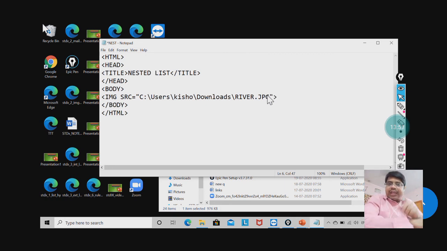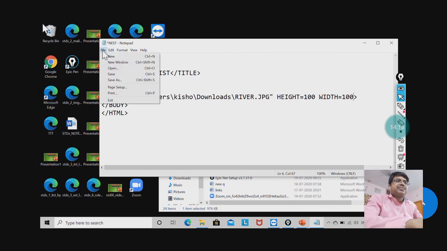Now if you want to reduce or increase the height and width of the image, you can go for height as 100 and width as, it depends on you what size you want. Later on I will change it and show the output. Just now let me save the file.